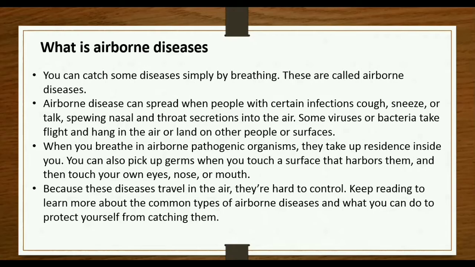What exactly are airborne diseases? The disease occurs with the help of breathing. During the breathing process, infected people cough, sneeze, talk, and release nasal and throat secretions into the air, which causes these diseases. This is about airborne diseases. The next one is,